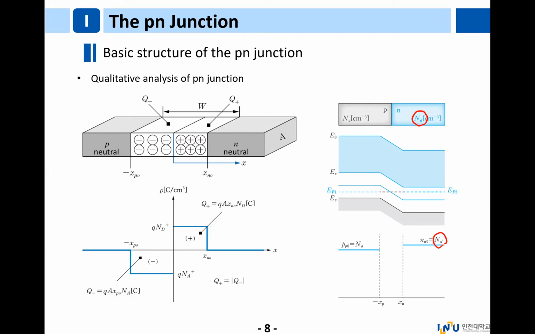Likewise, in the P-type region, the hole concentration is equal to the concentration of acceptor ions, right? So they are equal to acceptor ions. But this region where carriers are absent is known as the depletion region,